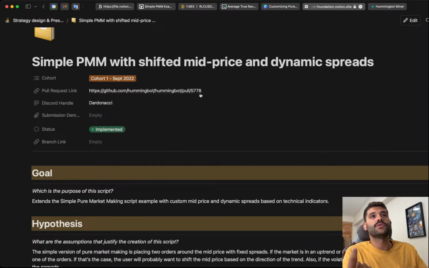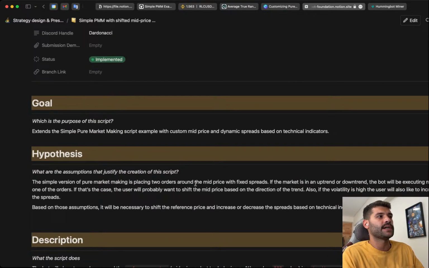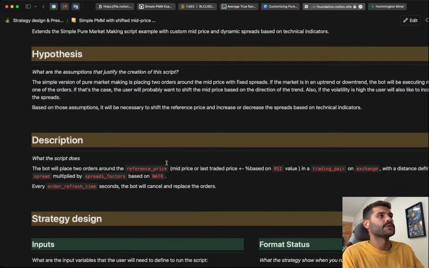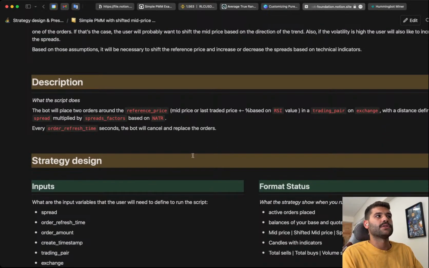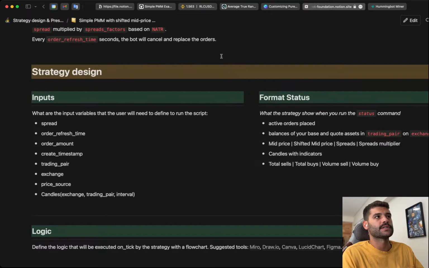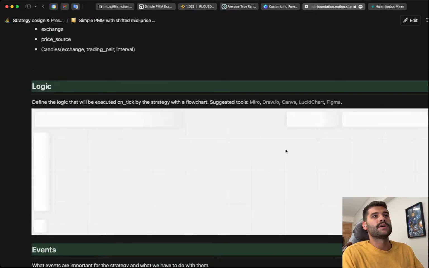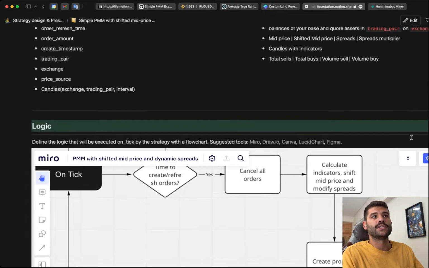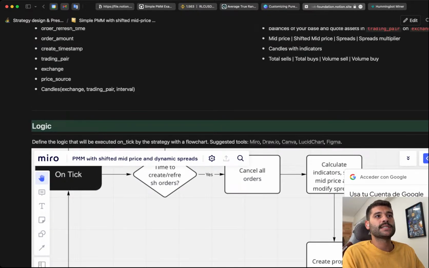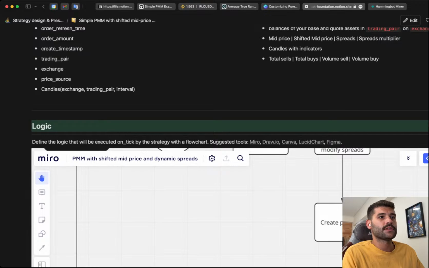So the first thing that you need to do before you code the strategy is to define what you want to do. So this is a template that will help you define what you want to do: the goal of your strategy, the hypothesis, the description. Here I have the description of this example, which are the inputs that you need, and the flow chart of what the bot needs to do. So in this case, this bot,